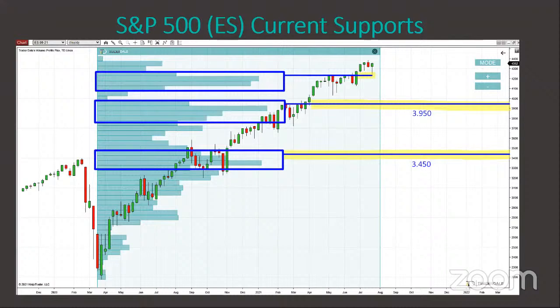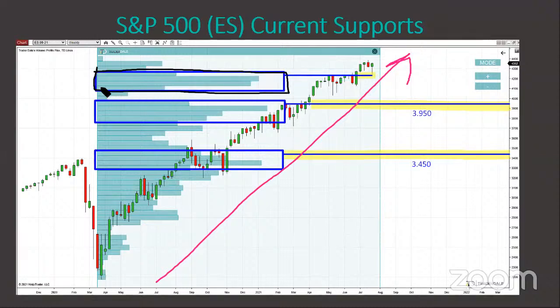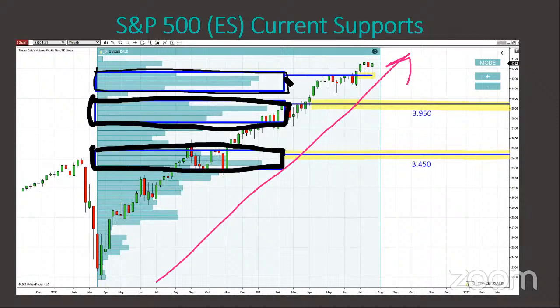Now, another popular market which you guys asked for was the S&P 500. Again, the first thing to notice here is the strong uptrend. Now, there are three significant volume zones. This one, and this one. The first one seems like it's already been tested. There has been a little pullback, a little reaction. I think that the reaction will be bigger, but to me it seems that this one is already tested, already spent.